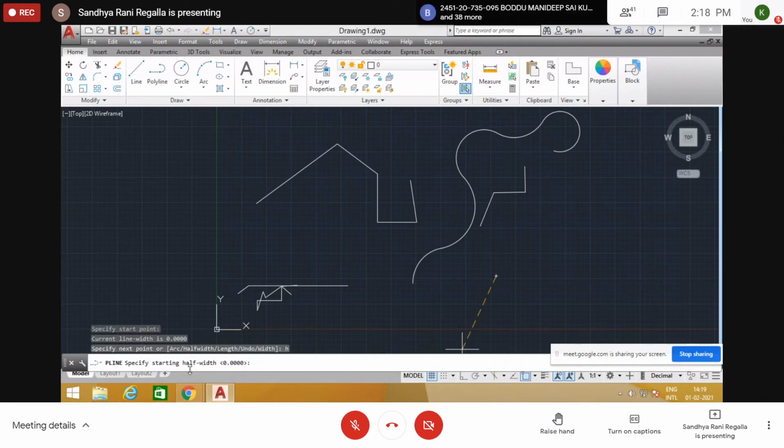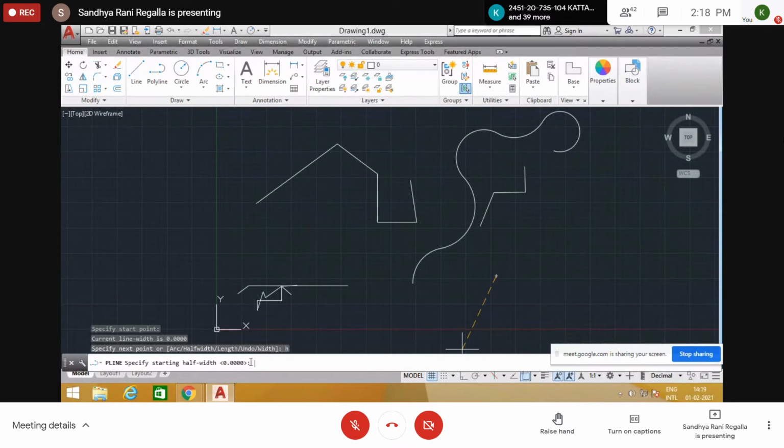Specify starting half width. Inside the brackets, 0 is there by default. So if you want to use the same value, you simply press enter. No need to type the value if you want to go with this value. If you want to change the value, you need to change it here.